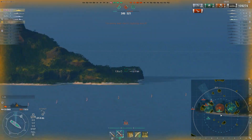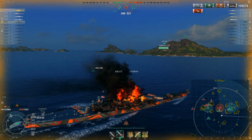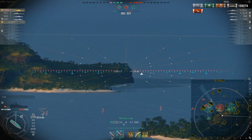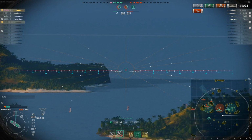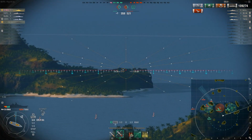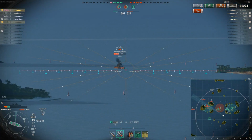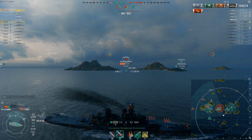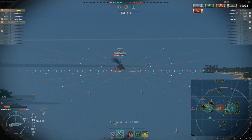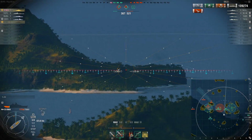In this case, I tried to go back to the Colorado, trying to think. And then I'm like, well, I'm burning. I don't want to be burning and this close to death when my repair party is up. So we're going to repair a lot of the damage that we've taken. That's super important at this point. We are going to turn it north to try and support our Pensacola. And before we do that, we definitely want to make sure that we get ourselves angled into this Colorado, because anytime we go broadside to a battleship, it's opening up ourselves for pain and suffering, even though they've lowered...